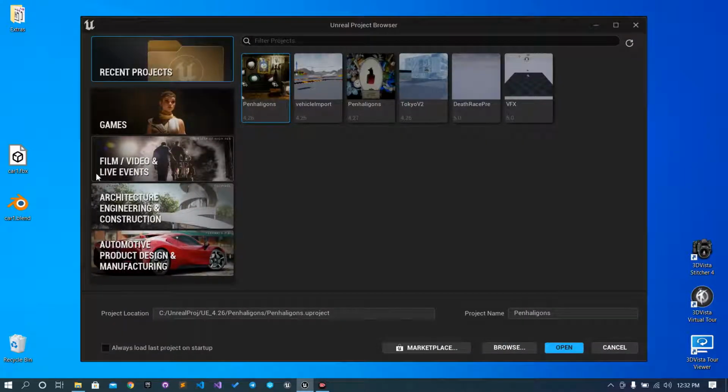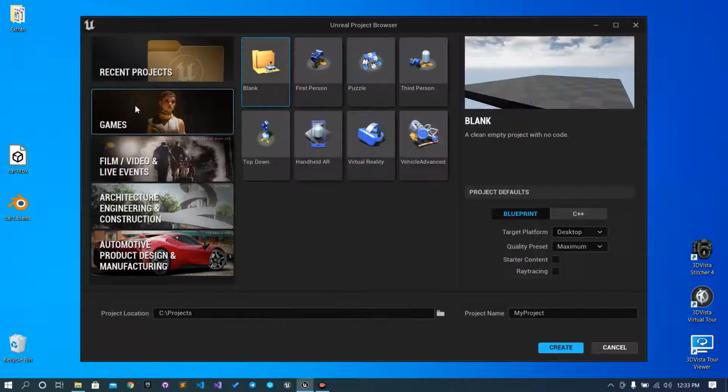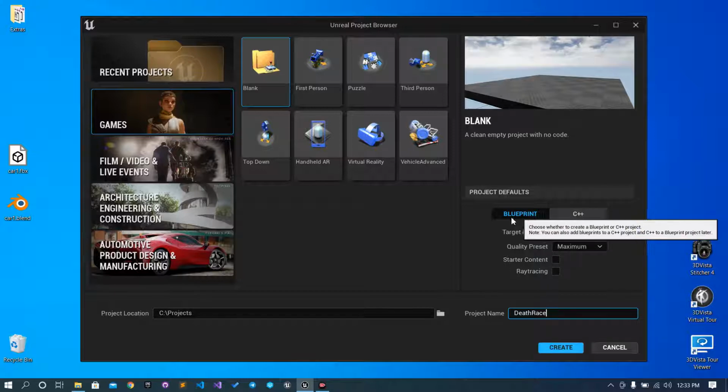For today's tutorial, I have given the link of this car FBX. You can get it from the description. I have given the link. So I will just name it Death Race. It will be desktop quality maximum. I don't want any starter content. I don't want any ray tracing too, but I will go for the blueprint first, then we will convert it